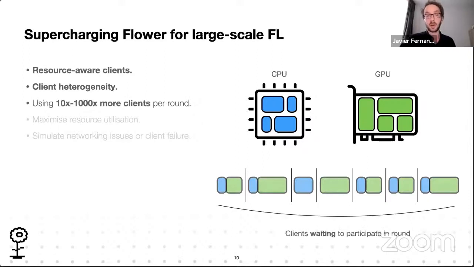Going even further, what happens if we want to use many more clients in a round than we can possibly fit in our device? For example, using my laptop, which is a 5-year-old laptop, how could I run 1,000 clients per round? So we have been thinking about these ideas, and one of the simple approaches, although it's not trivial to implement,